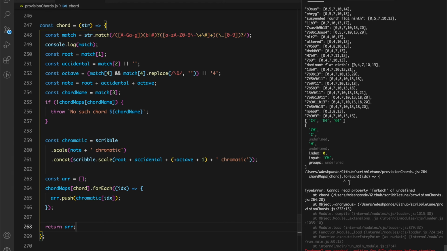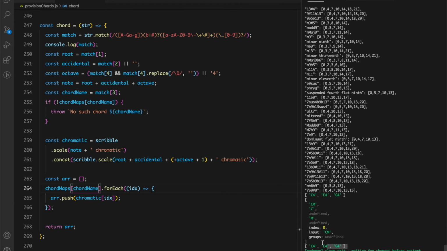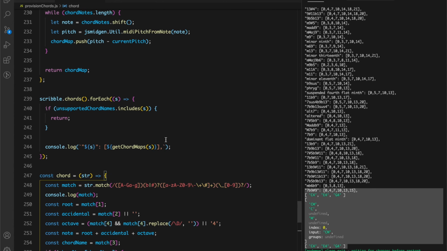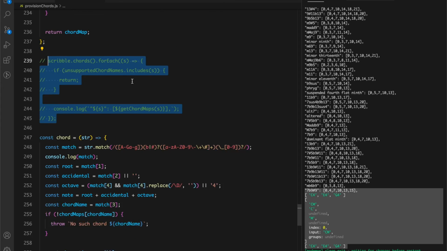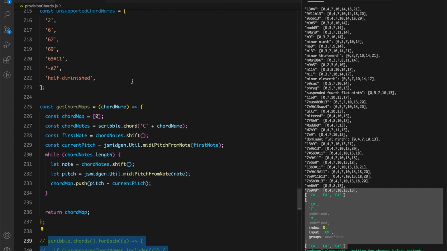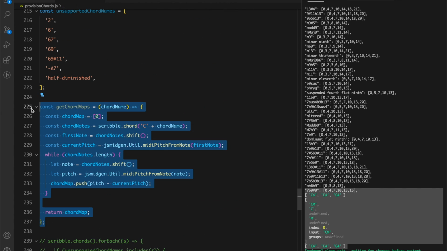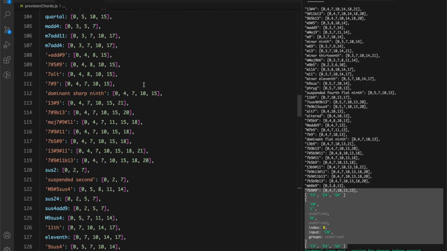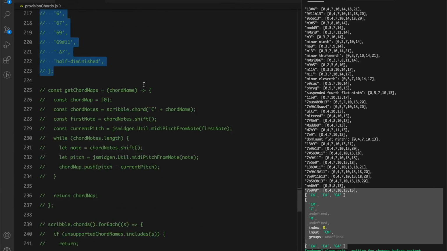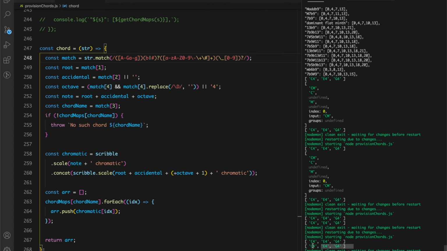Yeah. So something has gone wrong. For each of undefined. Chord name. That's what we want. Okay, there we have it finally. Let's remove the unnecessary console logs. We don't need this. Then we don't need none of this really. We can comment this out. We don't need this anymore because this is just one-time code. Chord maps can be the way it is. So now what we are left with is exactly what we want. The chord that comes from ScribbleTune and the chord that now comes from our new code.